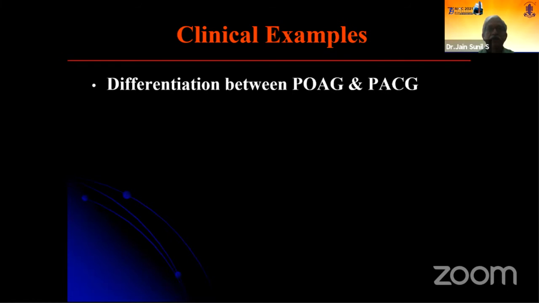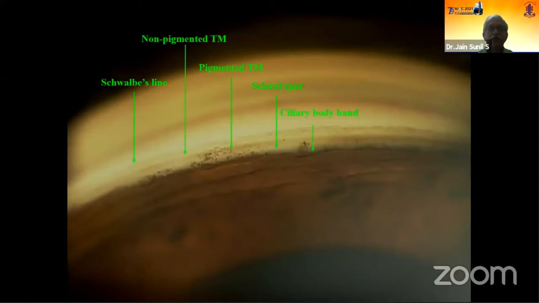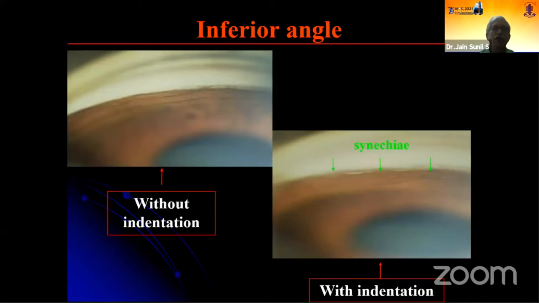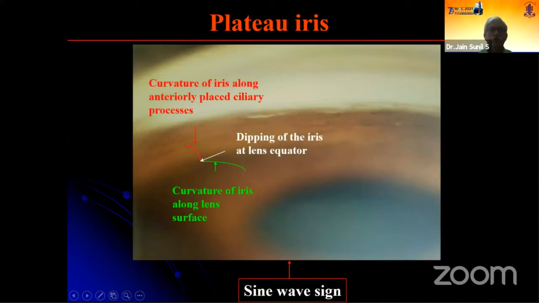Let's go through certain clinical examples. This is how a wide open angle or primary open angle glaucoma gonio would appear. And this is how a narrow angle or occludable angle appears. Now, you might mistake this area for the trabecular meshwork because of pigmentation, but only when you do indentation will you realize the entire lens diaphragm moves backwards, and you'll see the synechial angle closure, and the trabecular meshwork is located here. Hence the importance of indentation gonioscopy.